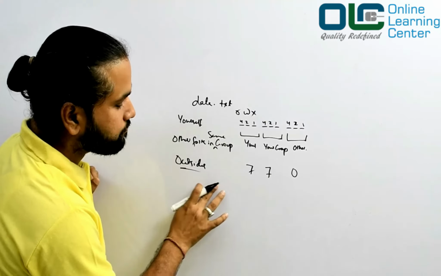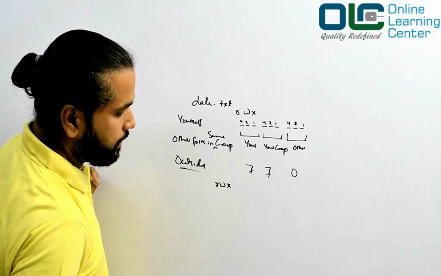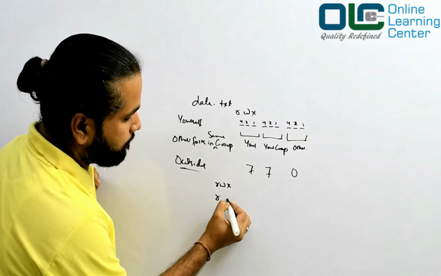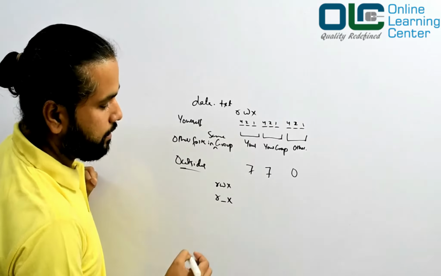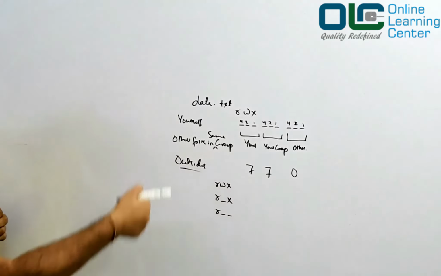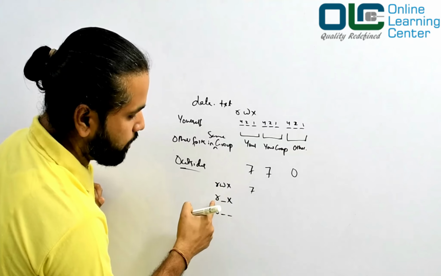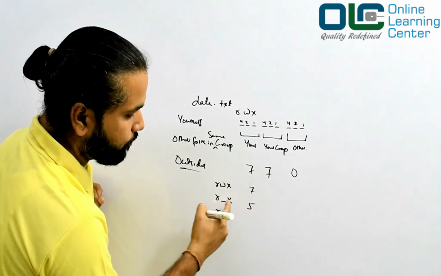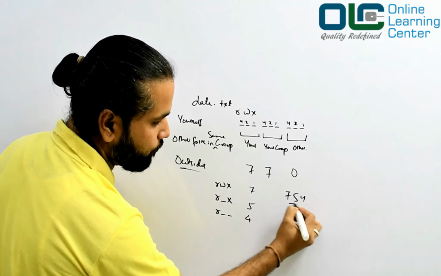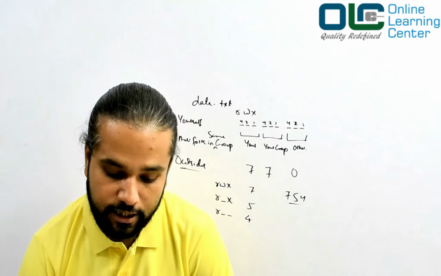Now I may say I have a file and I want to have read write execute, and then I want my team member to have read and execute but not write, and the outsiders can have only read but nothing else, right? If that is the case, then how are you going to define the permission? This is 7, this is 7, and this is what? 4 and 1, 5, and what is this? 4. So you will say the permission of that file should be 7 5 4. That's how you define a permission in the Linux file system, and the same thing can be done in your HDFS as well.